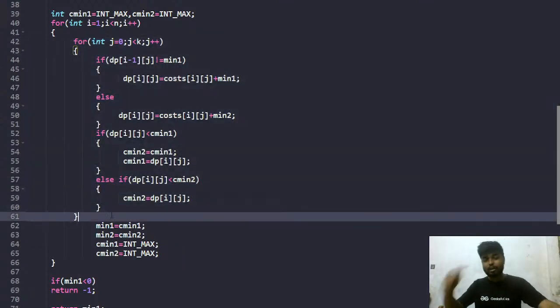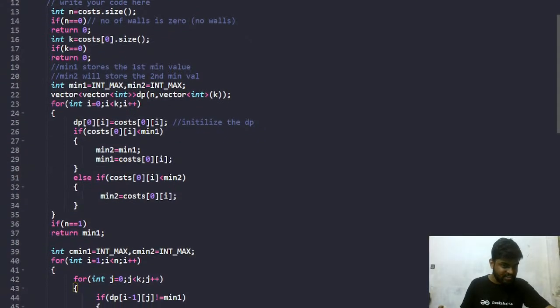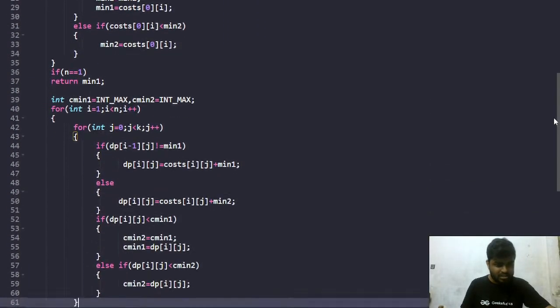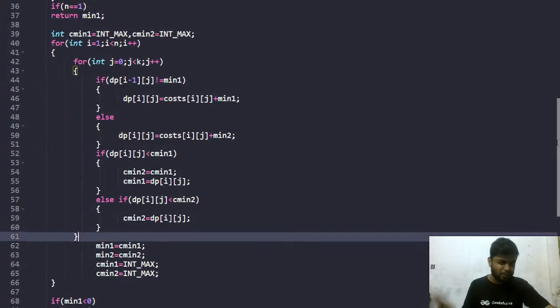So you are updating the current minimum and the second current minimum. The Java solution will exactly be the same, Bunny. You can just take a screenshot of this part. The Java solution still remains the same because we are just using arrays, 2D arrays and things like that, right? There is nothing much STL or any particular C++ thing used. It's just that you have to use math.max and math.min kind of thing. Otherwise everything remains the same.